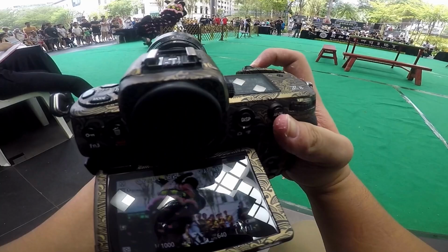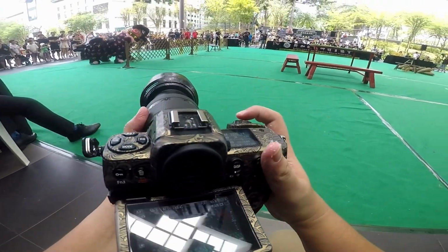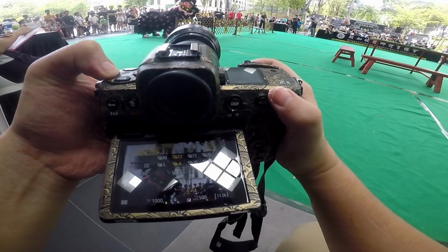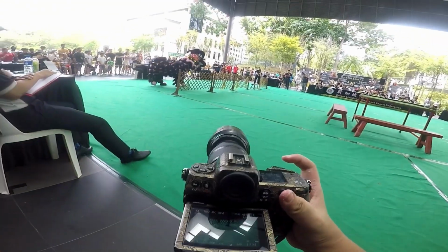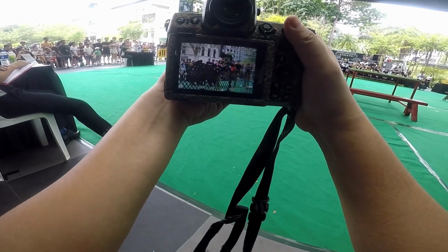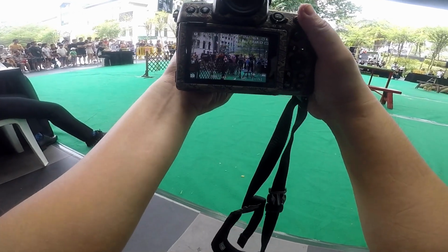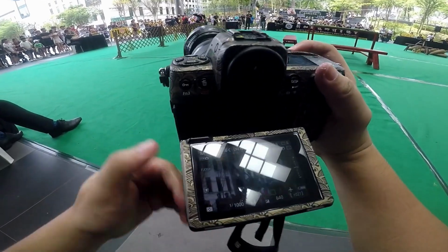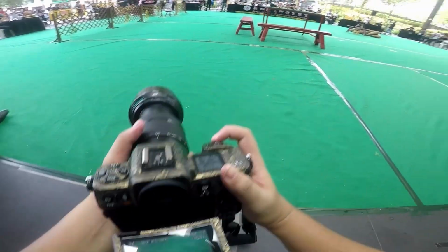Every time they think, oh, I need a prime lens to shoot all this, because there's a lot of background blur or bokeh, as they call it. In fact, to get that kind of bokeh, you can just zoom in, and the separation will actually be increased by zooming in. As you can see, I'm zooming in quite a lot to get those detailed shots,